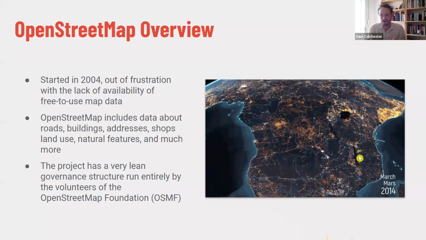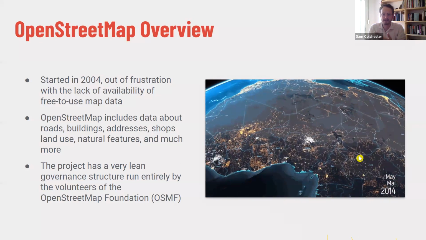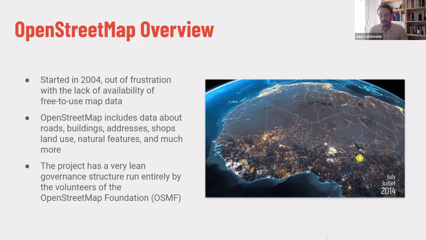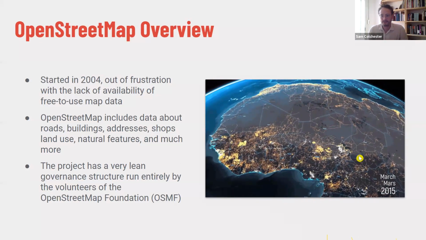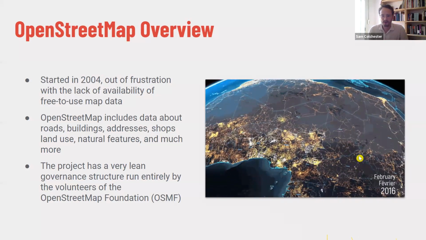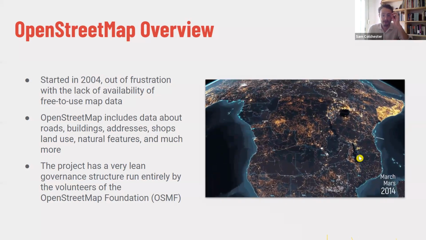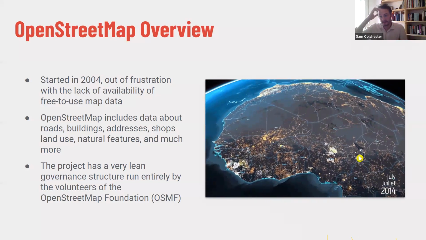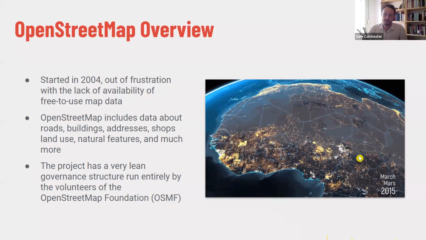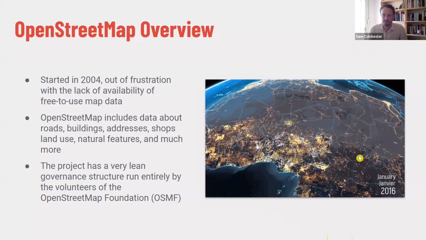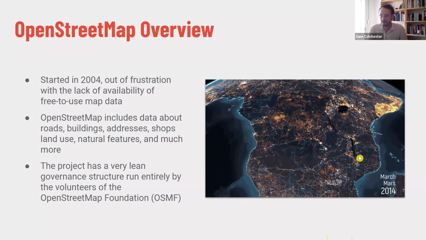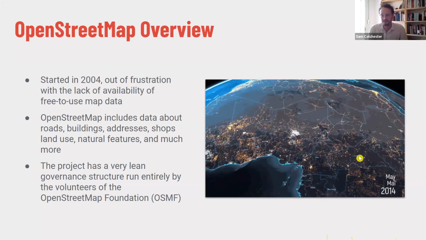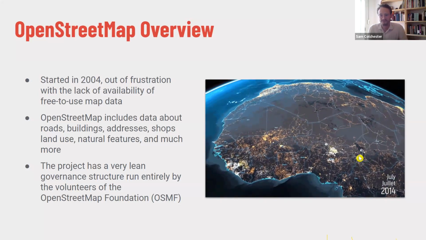Very little funding goes directly into OpenStreetMap in order to maintain it. It's governed by the OpenStreetMap Foundation, which is a board comprised entirely of volunteers. And there's, I think, 2 part-time roles. One of them is involved in maintaining the servers which run OpenStreetMap, and another person is involved in administrative duties for OpenStreetMap.